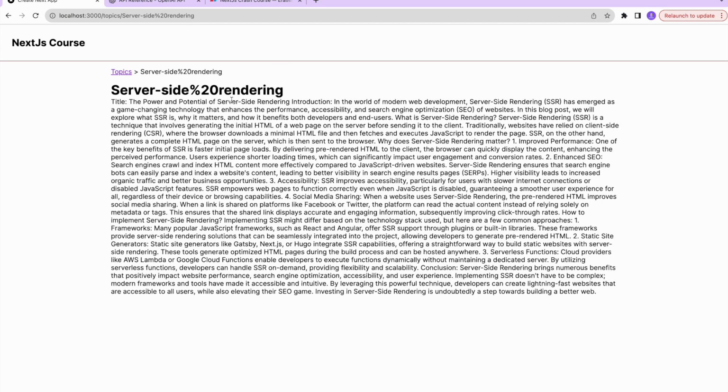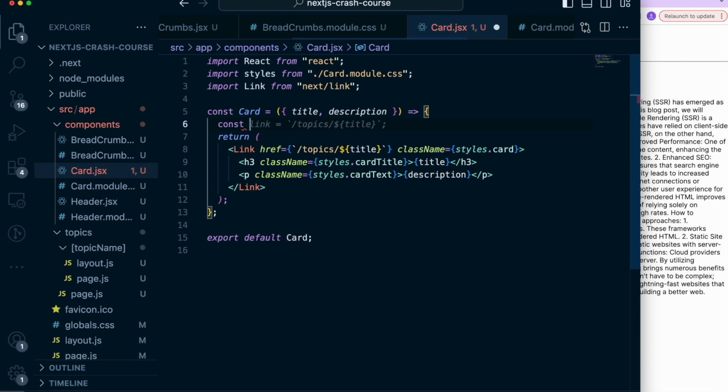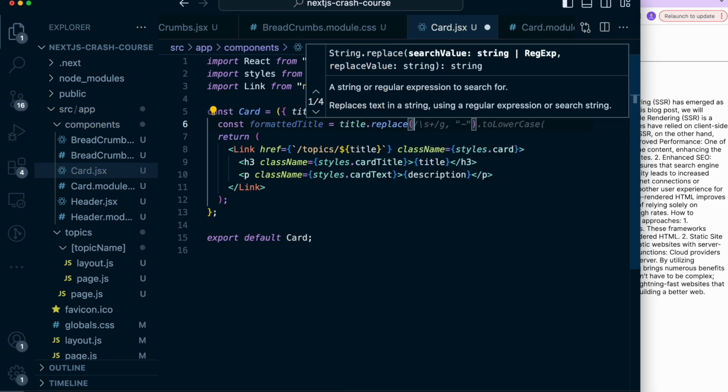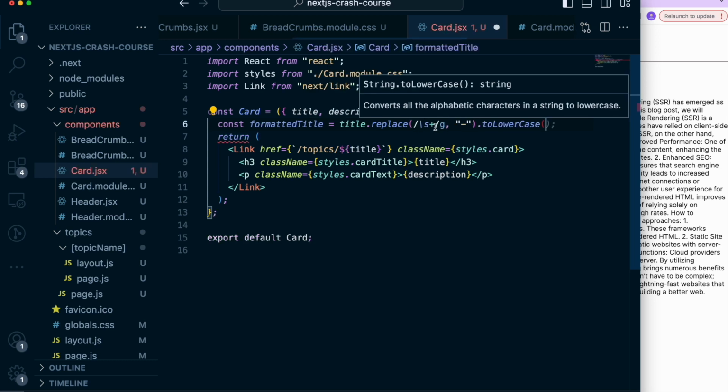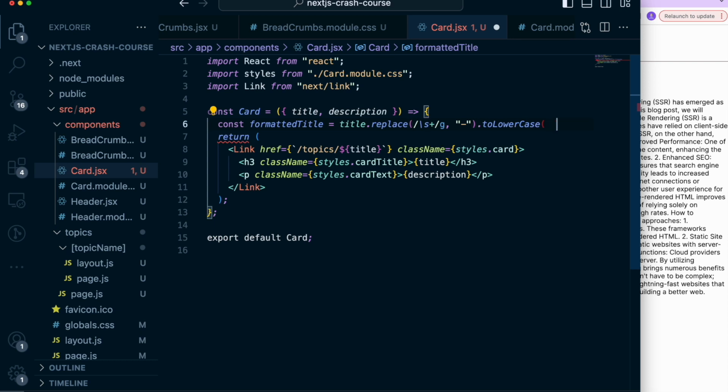page, and what we'll notice is that wherever we had space, like server-side rendering, it adds this hash. So let's replace that, because we might have titles with more than one word that has the spaces. We can use a little bit of regular expression and say formatted title equals title, and we can use this JavaScript function replace. We don't need to do lowercase,